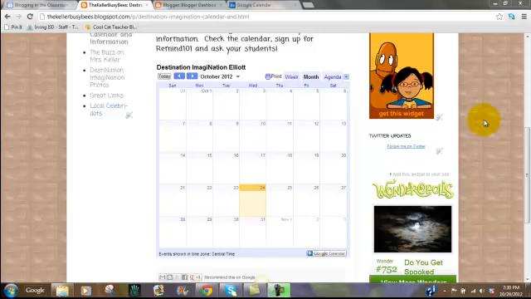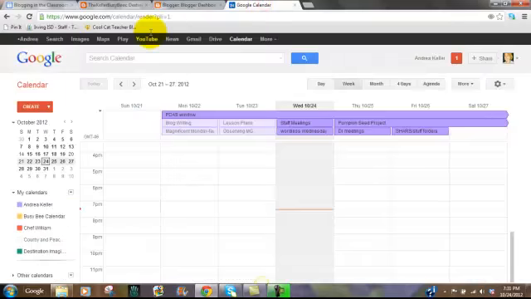Working on a blog that I use for parent communication, I always make sure one of the first things I add is a calendar because I want to keep my parents up to date. And Google Calendar allows you to easily import that and embed that into your blog. So if you go to calendar.google.com,